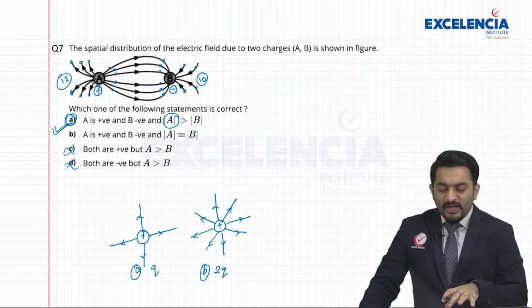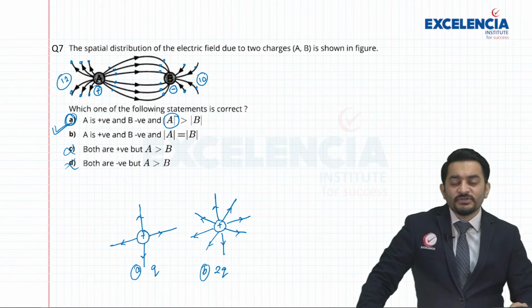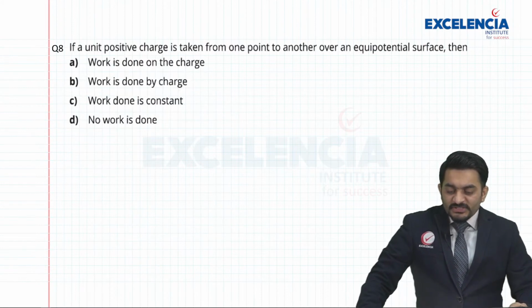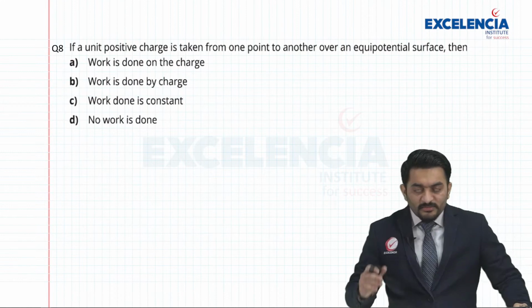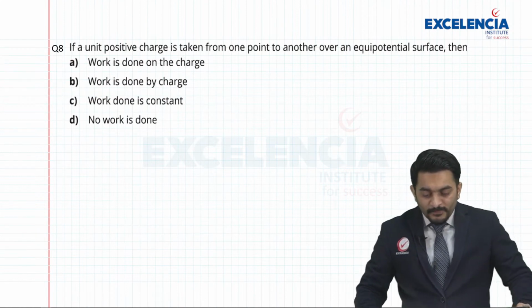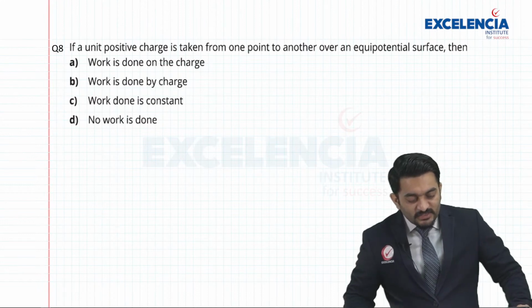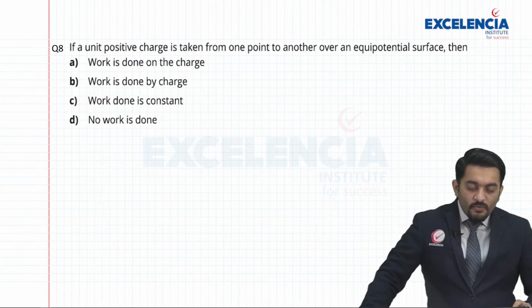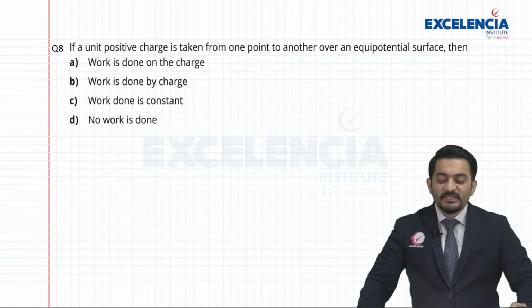Okay. Now guys, let's move on to the next question over here. The next question is about work done, because I can see all 4 options are talking about the work done. The question says, if a unit positive charge is taken from one point to another over an equipotential surface, then,